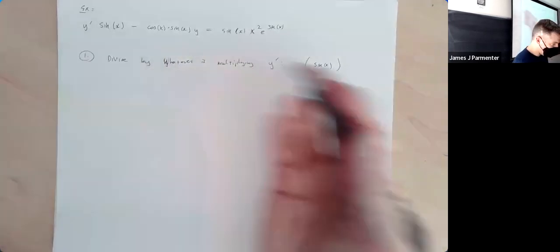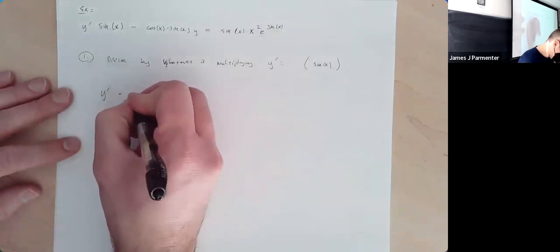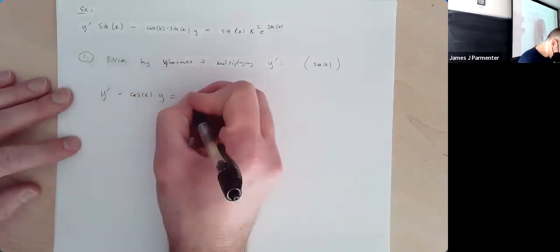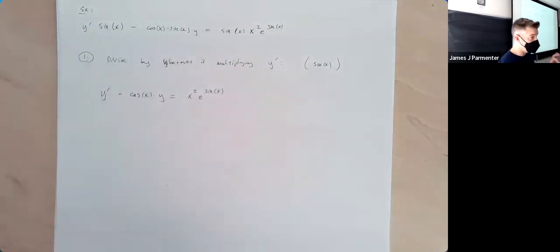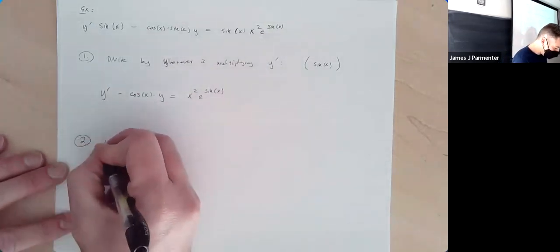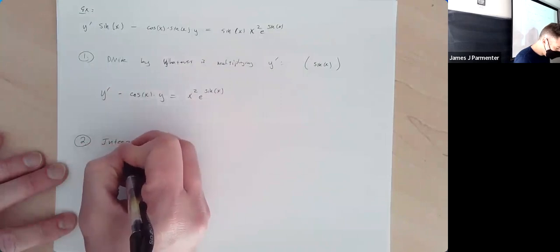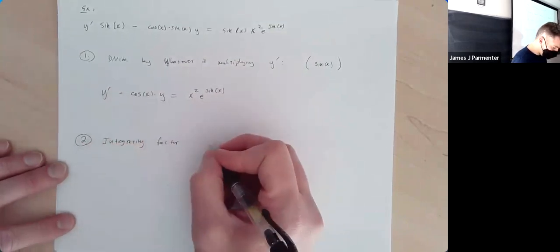So dividing everything by sine of x, no big deal. You get y prime minus cosine of x times y equal to x squared e to the sine of x. Okay, now here is the big deal. When I find the integrating factor, this is what I want you to be careful about. My integrating factor here is going to be